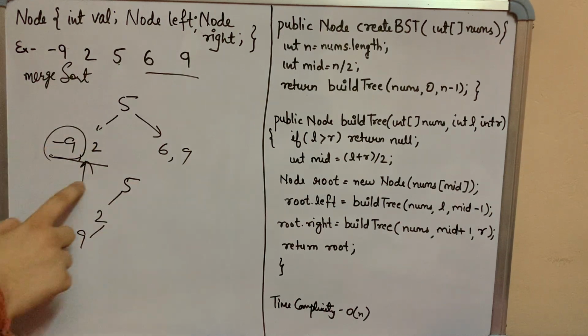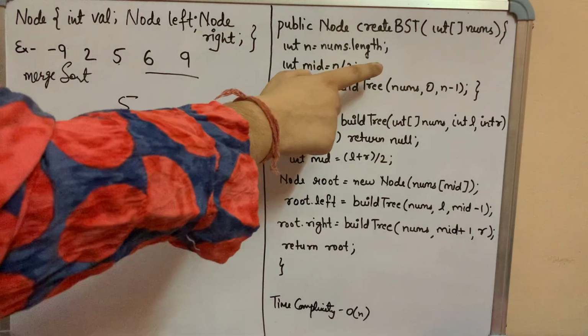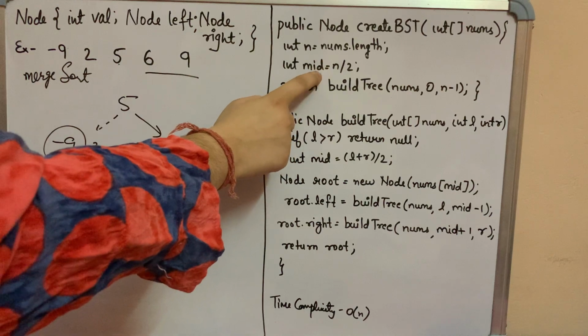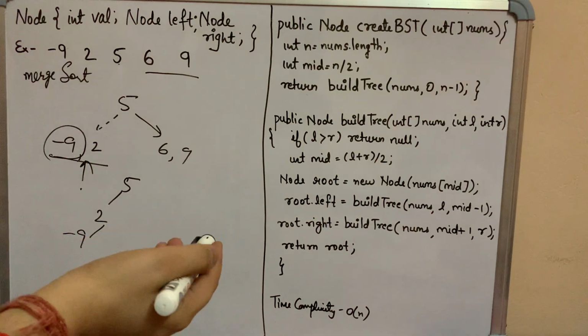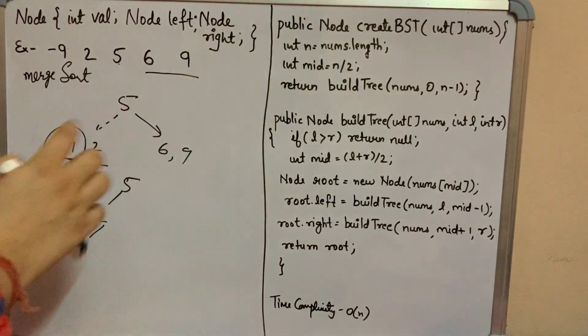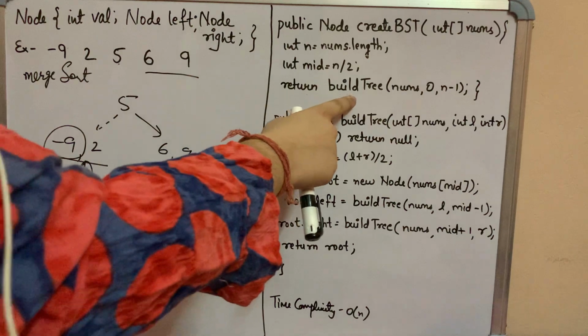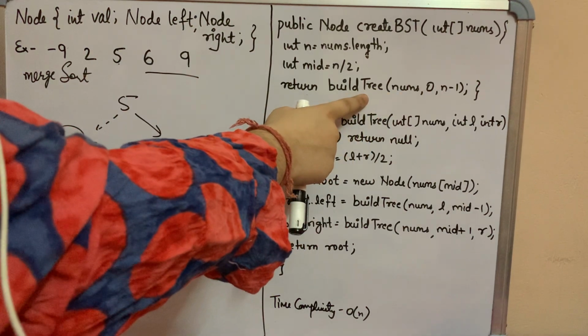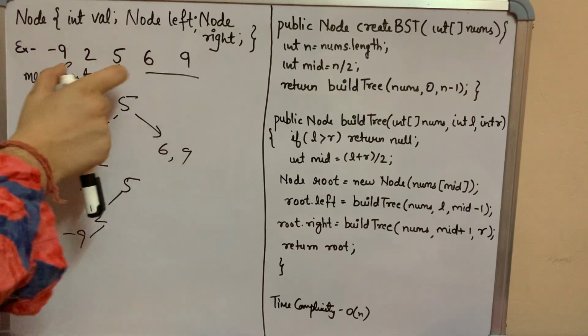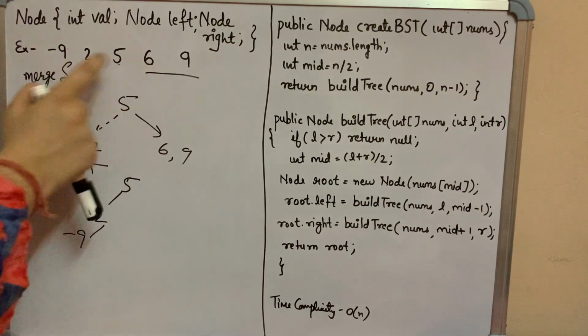So which element you have to take depends completely on how you are calculating your mid element and which one you are passing to build up the tree. But I think that's completely fine. You can go with whichever you think is easier. N by 2 is easier. Let's say we divide into 2. This is a recursive function. We talked about recursion here, right? So it is a recursive function which will keep on dividing your array into 2 and processing it.